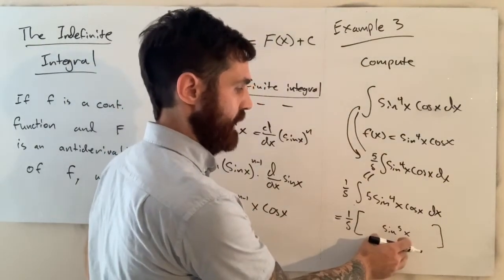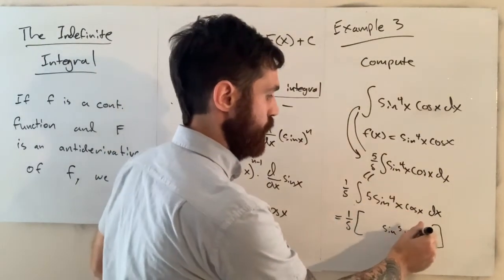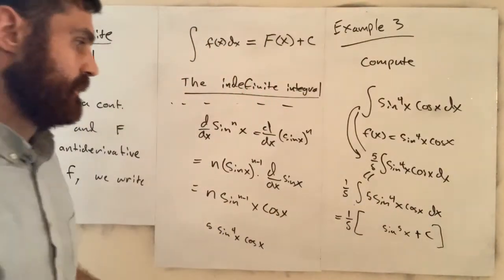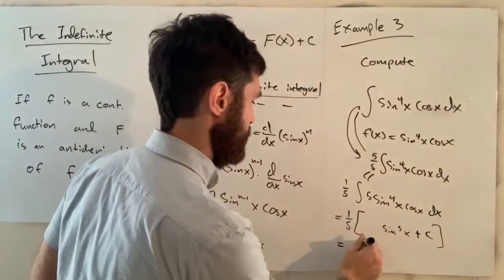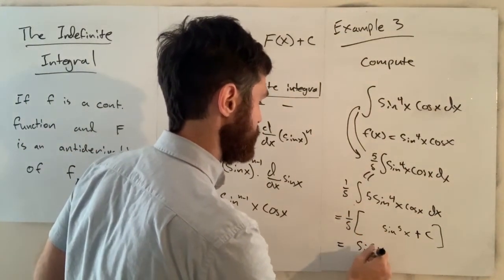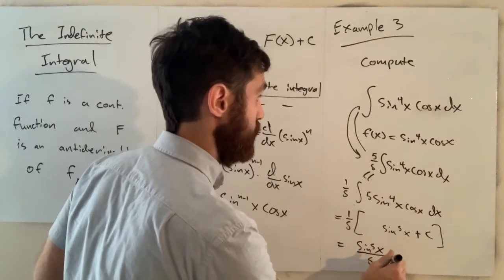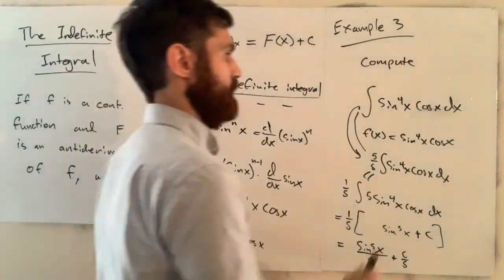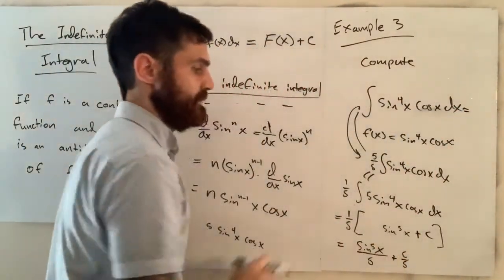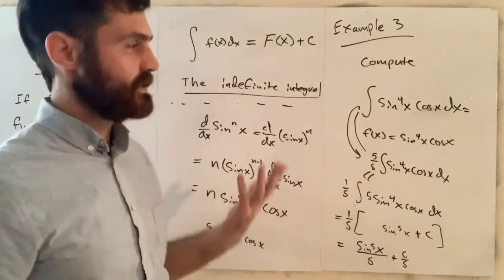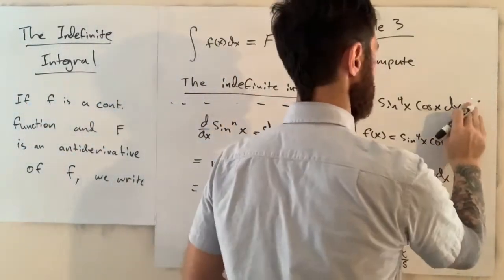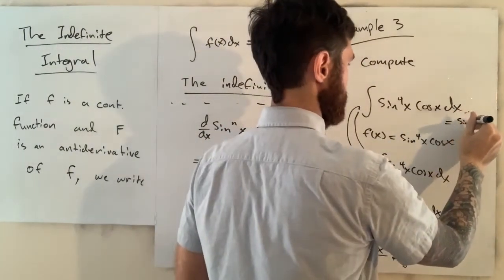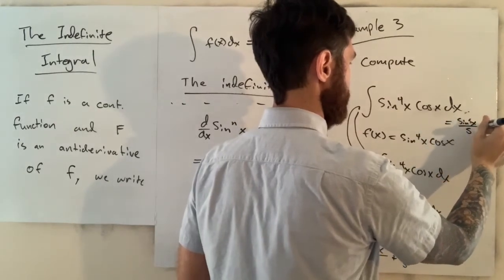Now, remember, this is an indefinite integral, so we have to do a plus c. Now I'm going to distribute that 1/5 and have sine to the 5th x divided by 5 plus c over 5. But if I have c, a constant, and I divide by 5, I just have a new constant. So what I'm going to do is write the answer to this as sine 5x over 5 plus